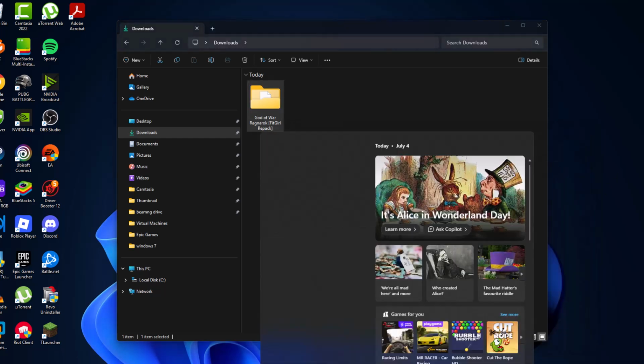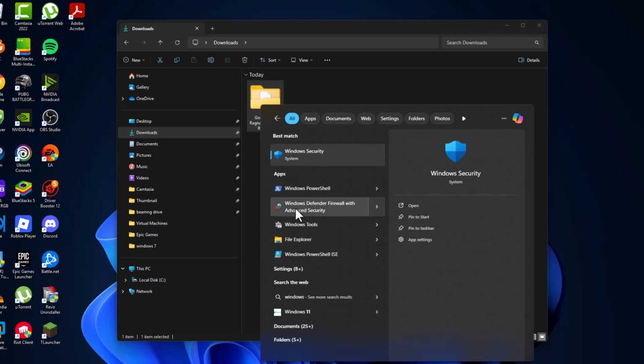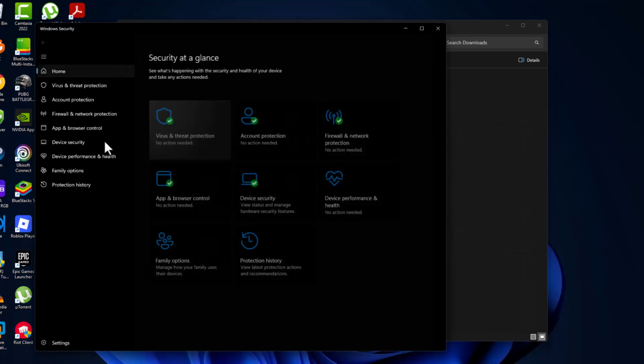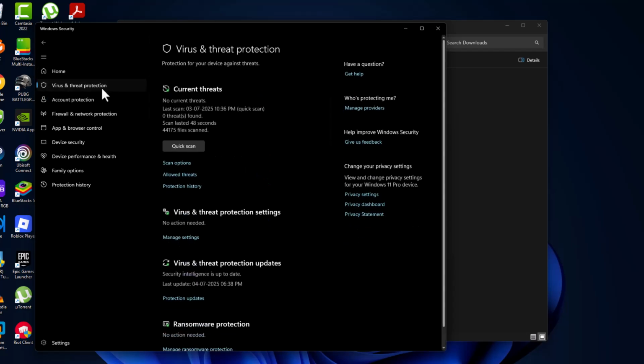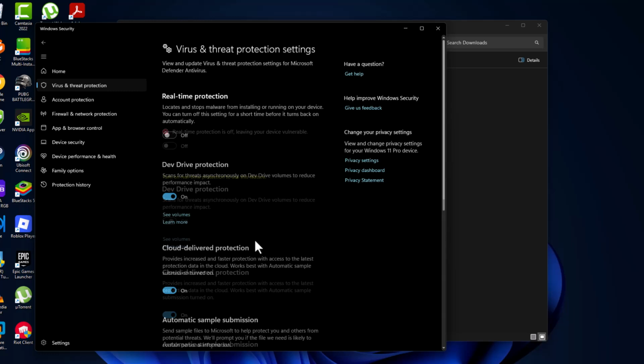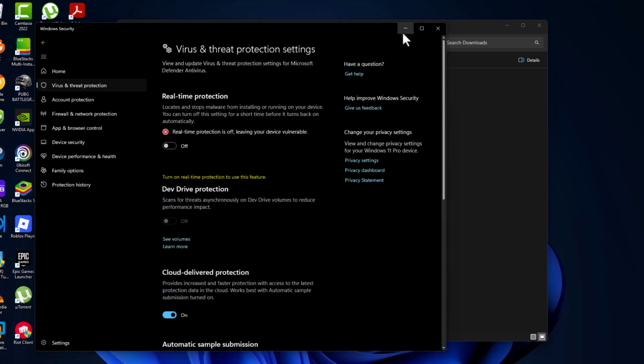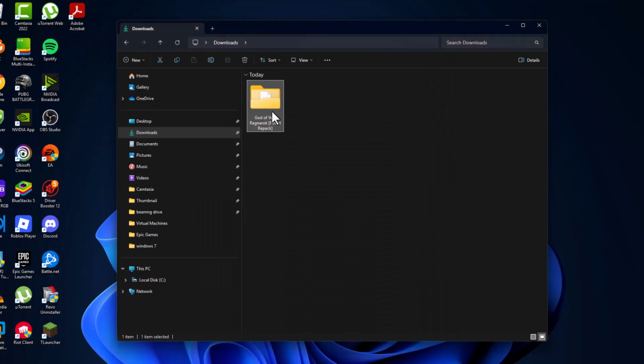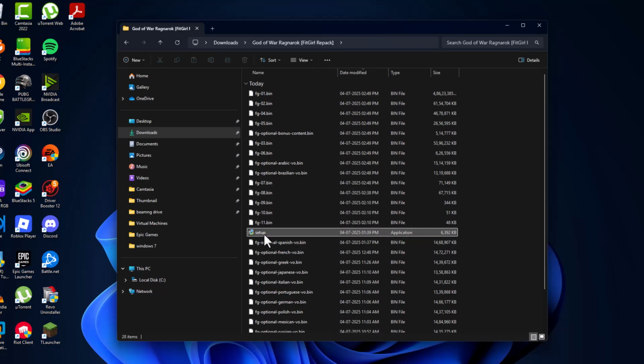And then you just need to go to search menu and type Windows Security and click on open it. Select the virus and threat protection and select manage settings. Turn off the real-time protection and select yes. And now minimize this page and double click on the game folder, and now double click on the setup file